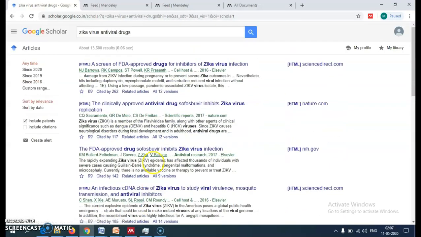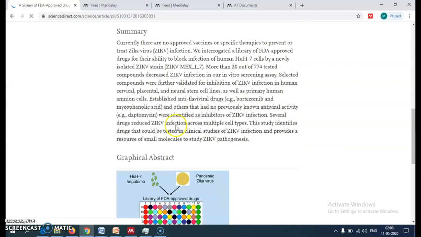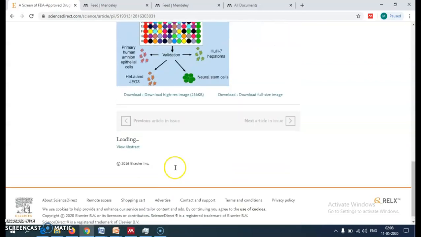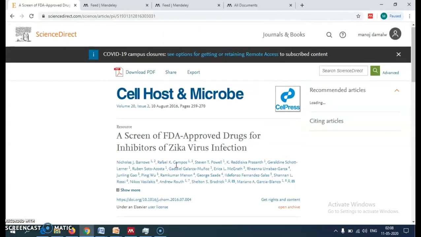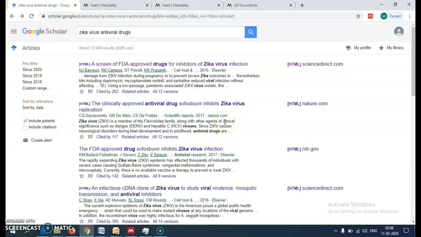While we read this, most of the time we only get summary information, which is not the complete information. So what we need is the complete article. How can we get the complete article of those references?